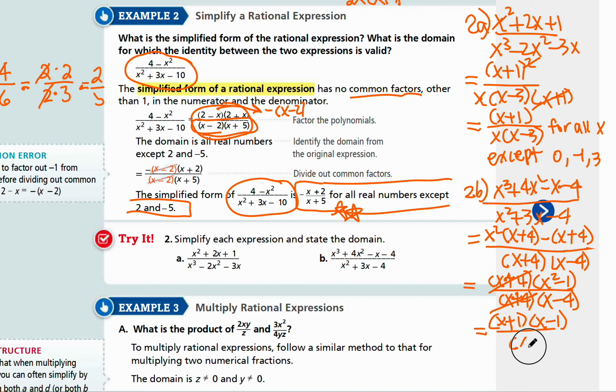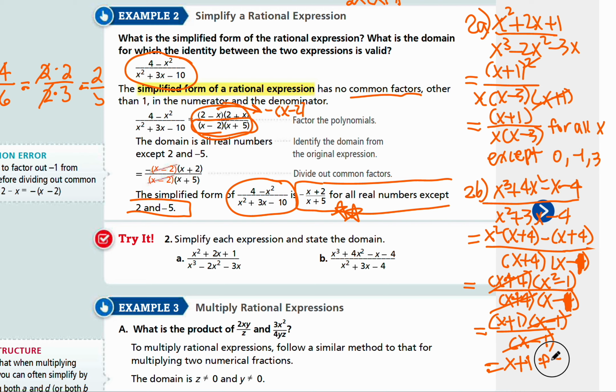Oh wait, sorry. This should be negative 1, right? Yeah, that's a typo. So that's negative 1. And so x minus 1 in the denominator, you have the common factor, cross that out. You have x plus 1 as a simplified